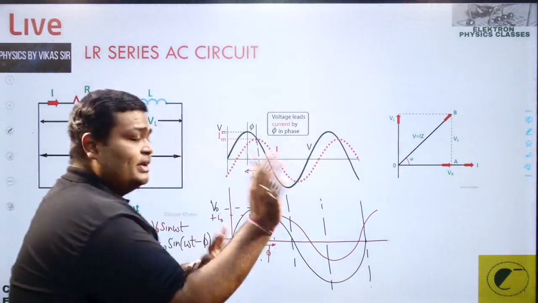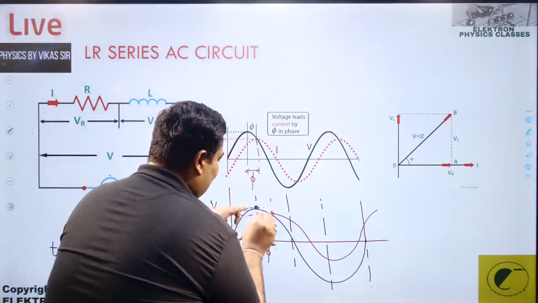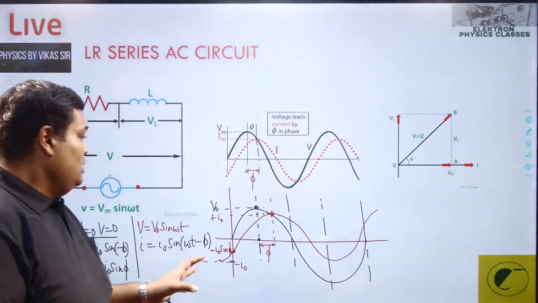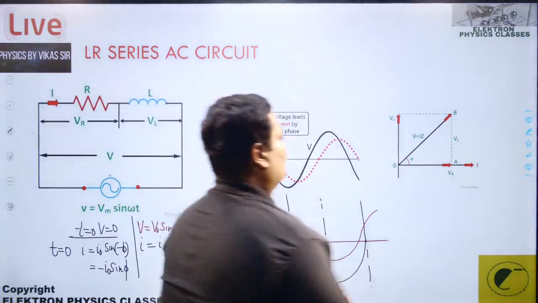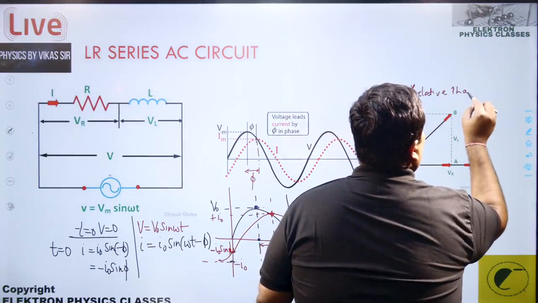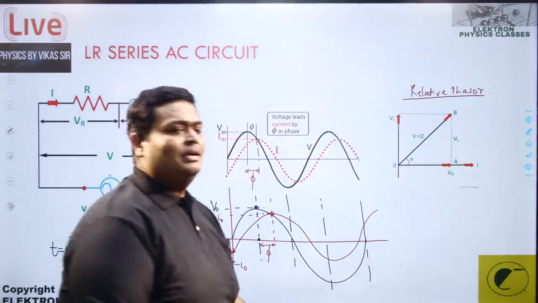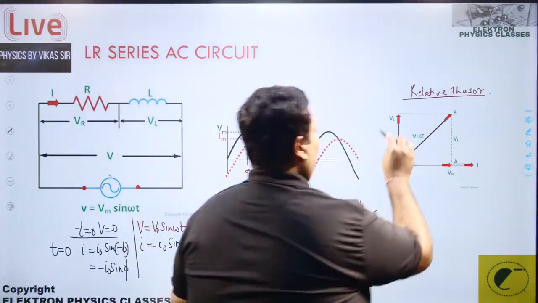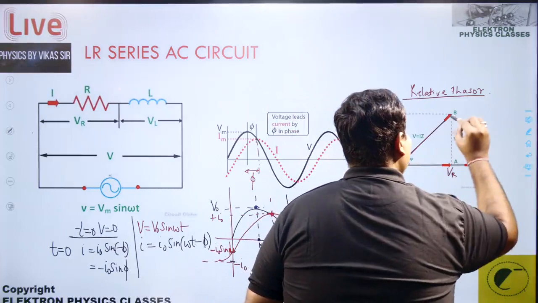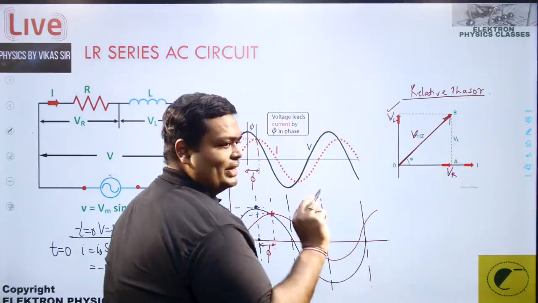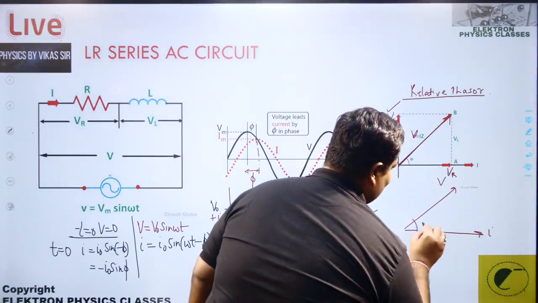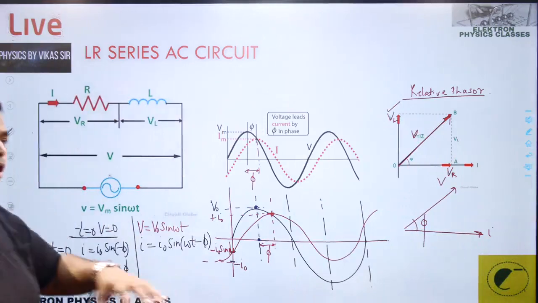I made you identify the easy way around. That you need to check what the peaks are, and from the peaks you need to check what is the phase difference. Easy way around. But the easiest is supposed to be via this phasor. What phasor? That's a relative phasor. So via this relative phasor, we're able to see the phase difference easily. This was VL. This is VR. The net voltage is here, that is V. How do we write I into Z? And then this is the current and the net voltage. And what is the phase difference? That is phi.